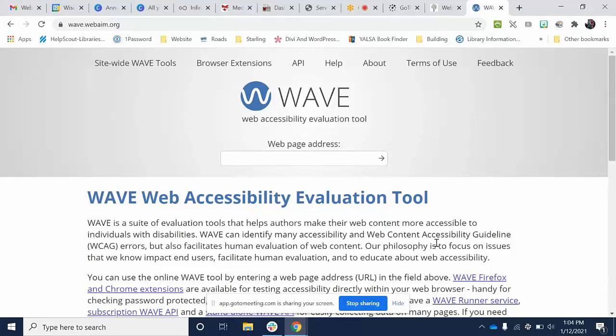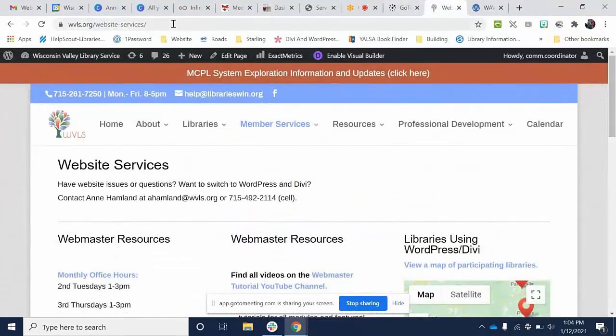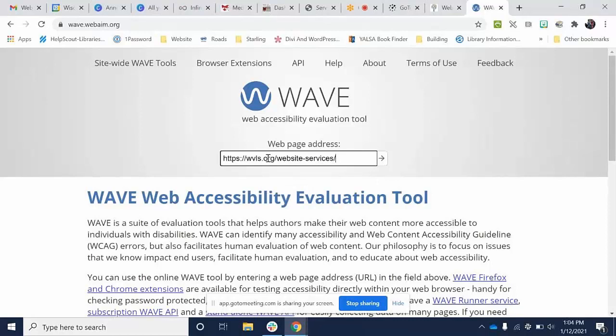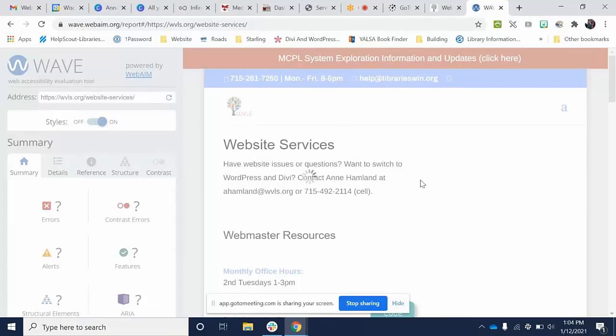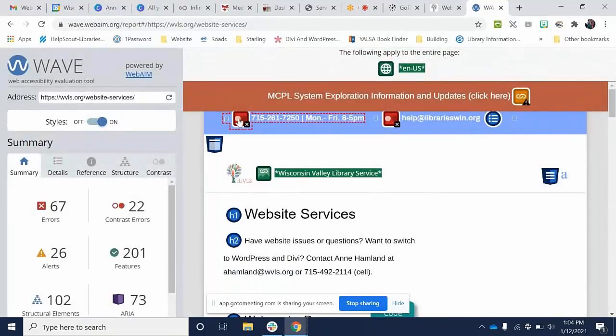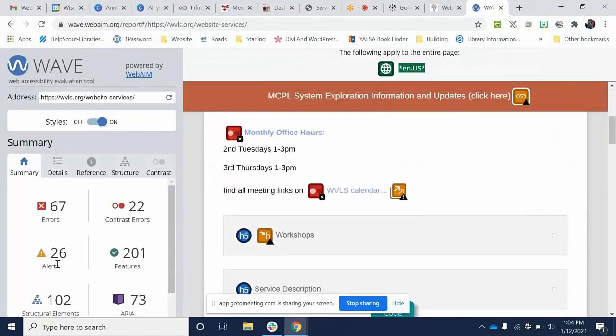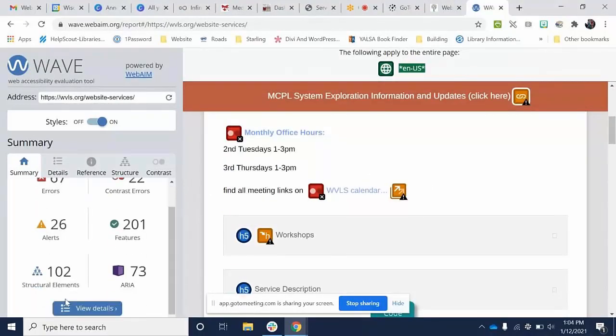If you're providing a good user experience by doing all of the things correctly the first time, then you're also being accessible. So one thing that I do is plug in your desired page URL into this tool, and it's going to give us notes on what we can improve, what's wrong, what's good and what's bad. You'll see that you can hover right over things to get notes. There are some alerts, there are some errors. It says there are 102 structural elements on this page,